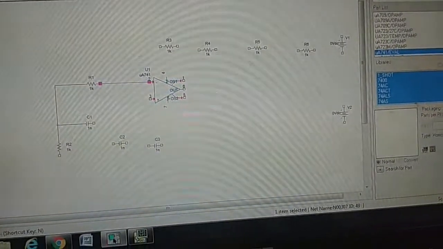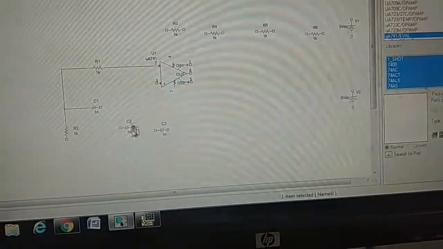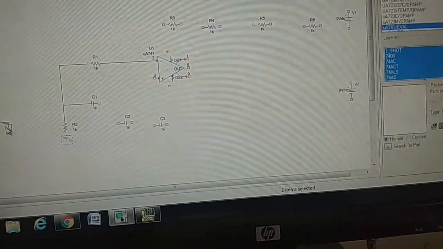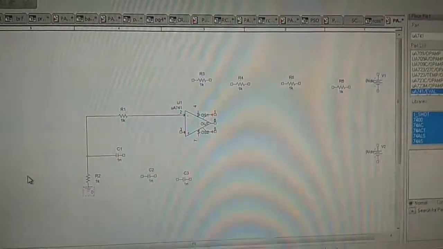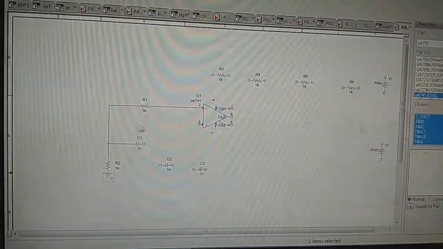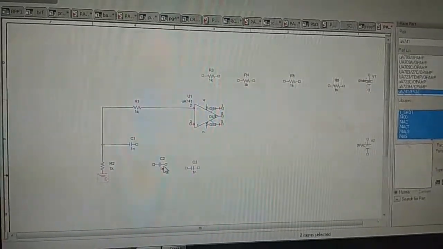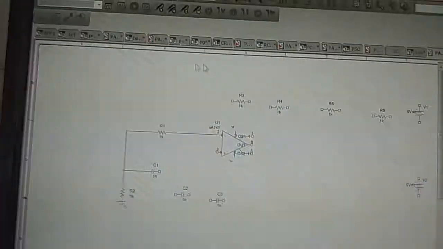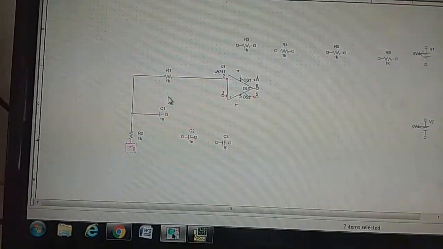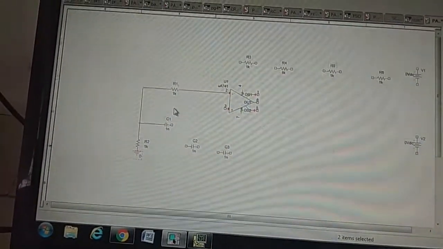Now we require a ground. We'll take a ground terminal and connect it. The first ground is over. Now similarly, we have to make an RC combination. So this is one RC combination we have taken. Now another RC combination we can have here, connected by using wires. A third RC combination can also be obtained. Since we have these 3 RC combinations, it is going to give us the RC oscillations, which is required for the frequency to be generated.